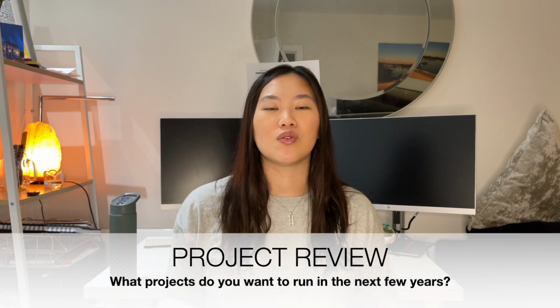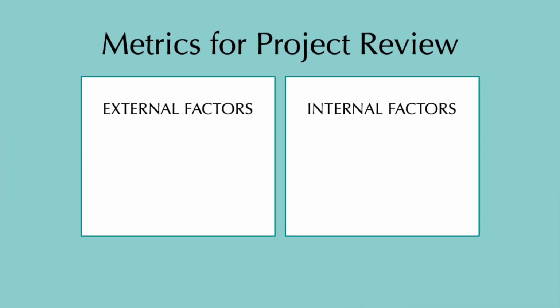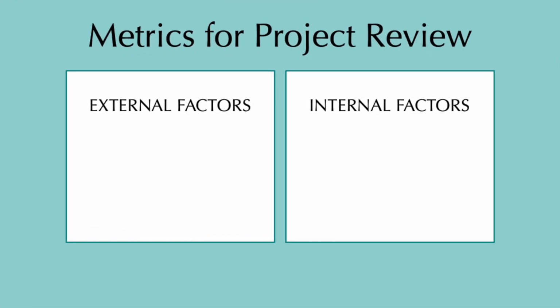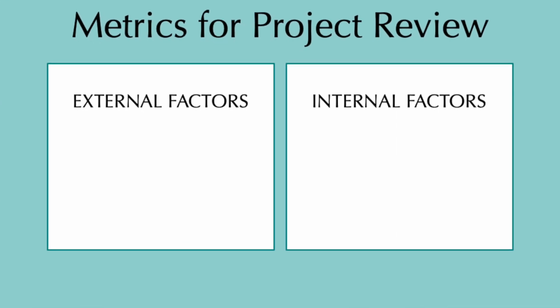So what you want to do is list out every single thing that you think will help your business. And what you want to try and do is evaluate these projects on a couple of different metrics. You can split these metrics into external factors and internal factors. And what you should do is try to have a ranking system for, say for example, if you rank everything 1 to 5, 1 being not so good, 5 being fantastic, then you can try and understand and benchmark all of these projects with each other, even if they are to do